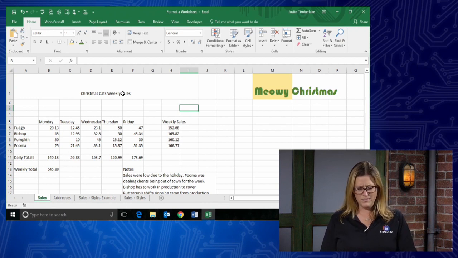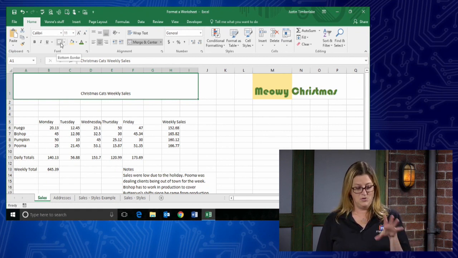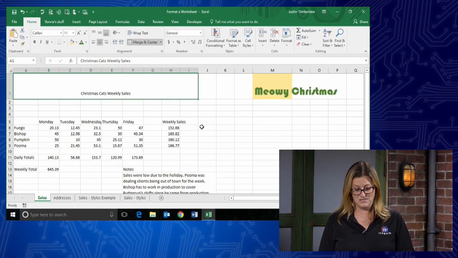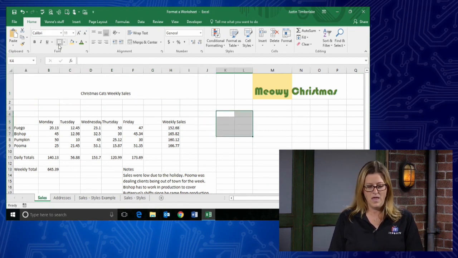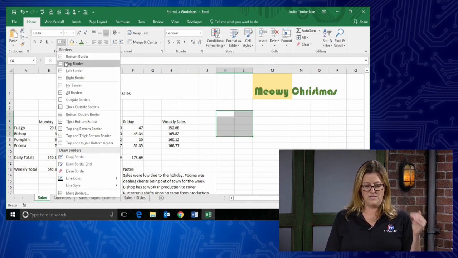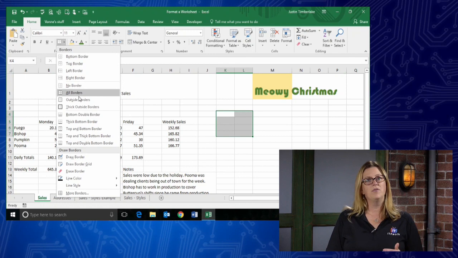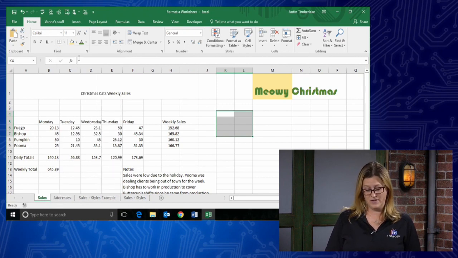So let's take this cell particularly right here. And now you can see that you have a borders button. And you do have to have the cell or cells selected. Maybe we'll actually select these over here. We're going to select a group of them. And if I drop this down, we have different bottom borders, top borders, left, right. You can read all those ones down there. So maybe I'll go with bottom borders. Now I have multiple cells selected here. So if I click that,